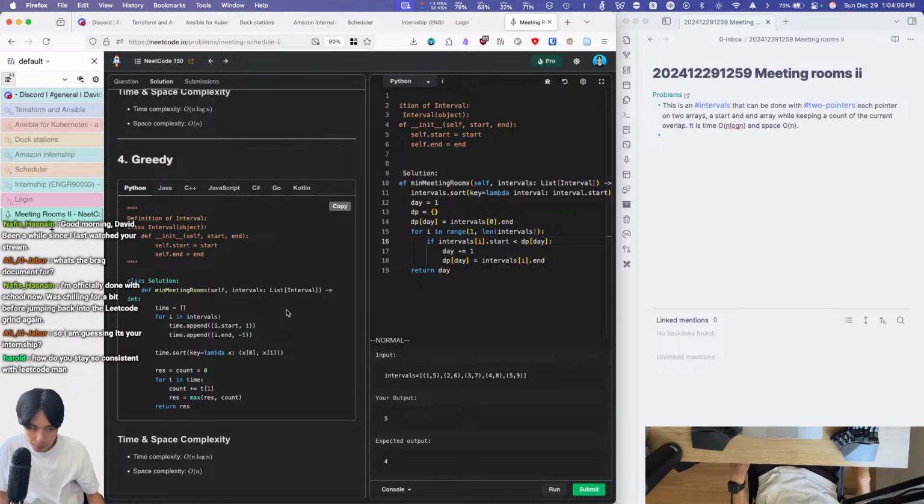Some time. T in time. For this time, we're going to increment. For this time, we're going to decrement. So lambda x,